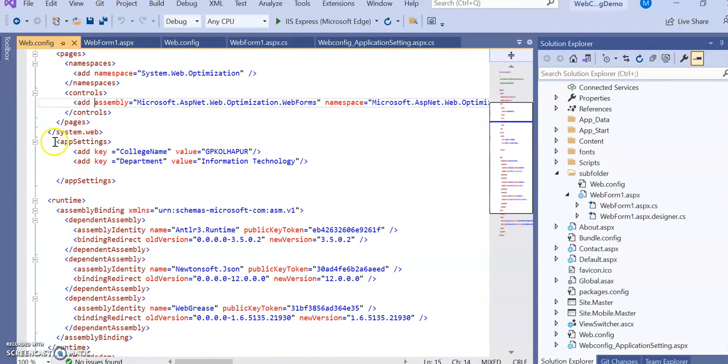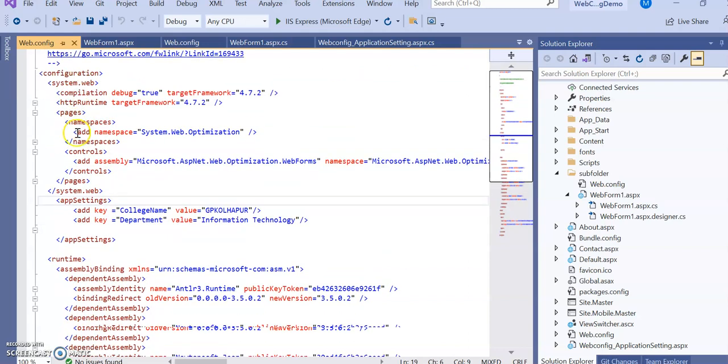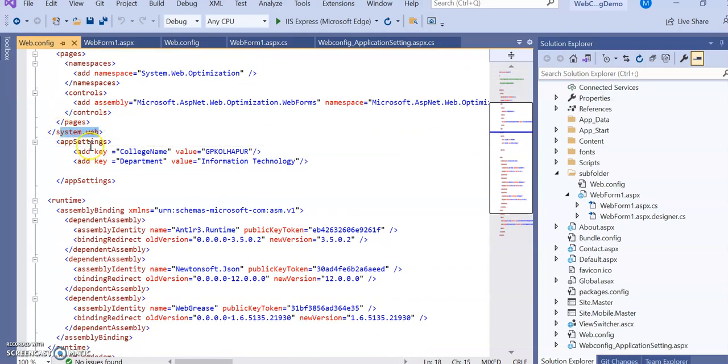Then in this practical we are going to focus on application settings. In application settings we can add some keys and we can assign some values to the keys. Now what we have to do, just after the system.web tag is completed, write appSettings, and in that you have to add the key.